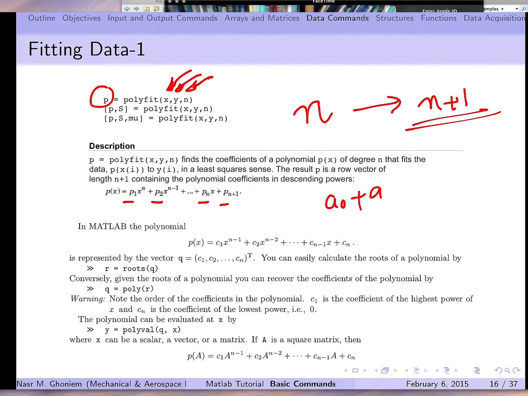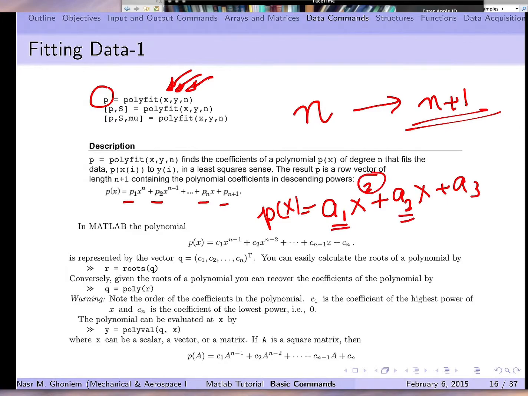Let's say we can write it in the same order as Matlab. So the highest order would be a1 x squared, and then we have a2 x, and then we have a3, which is a free parameter, and this is a second order polynomial in x. So it's the second order, therefore you have 3 coefficients. So these 3 coefficients are your vector p. So p are the coefficients. So moving on,